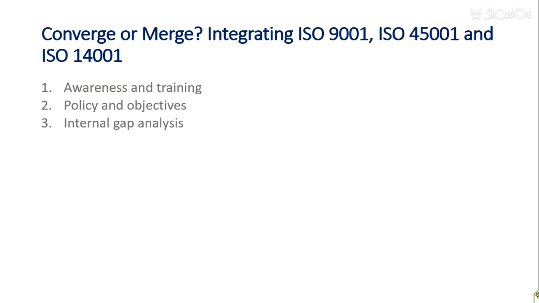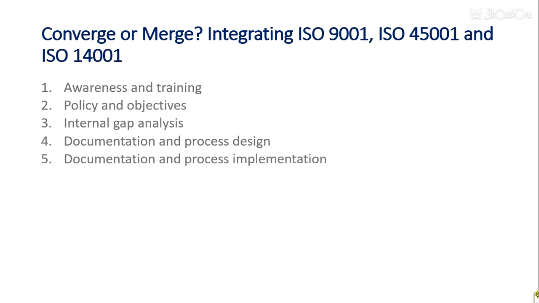You will conduct a gap analysis to identify where you are at this point in time and where you want to be. And then what is the difference, what is the gap, and what do you need to do to bridge that gap. You will then start to identify what processes you need to document, how you're going to document them, what method you are going to use. Then once you have your set of documentation, you will implement them.